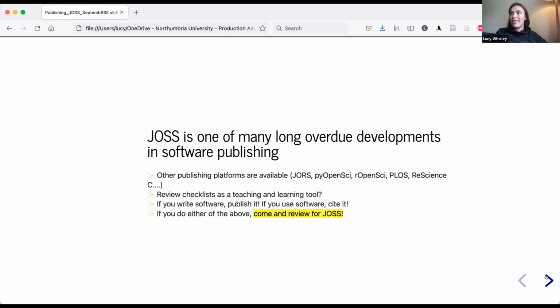So I think I'm getting to the end now, just in time. JOS is one of many long overdue developments in software publishing. This is not the only journal that's trying to do this. I know that there's also the Journal of Open Research Software as well. And then, as I've mentioned before, there's communities for peer review like PyOpenSci, rOpenSci. PLOS are doing a lot of work in publishing computational sciences, and there's also an interesting initiative called ReScience, which looks at reproducing